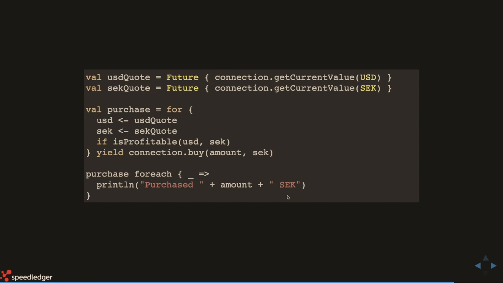So what happens if, and here we have is profitable. It's an if statement within the for comprehension, and that's a filtering. So instead of having to pick out all the values, filter them, and then act on that and buy, we can just put the filtering into the for statement.